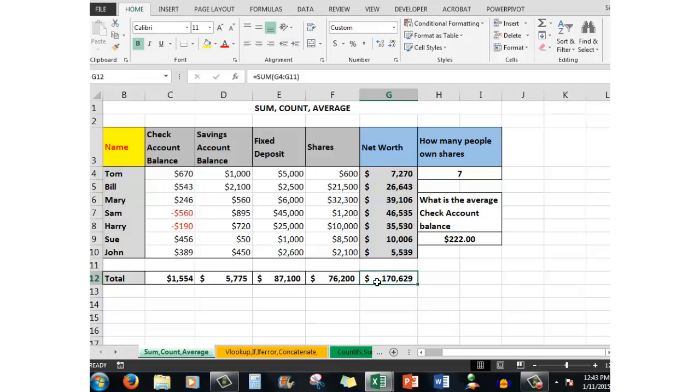Now the next question was, how many people own shares? Well, I can see here that there are 7 people that own shares. And the way that I got that answer was to enter a formula in there equals count. The count function counts the number of cells that have numbers in them. So I wanted to know how many people had numbers in the shares column. There were 7. I'm going to delete that particular function,